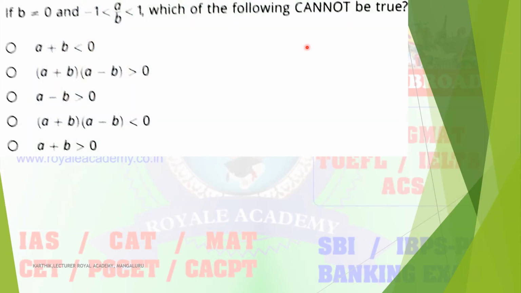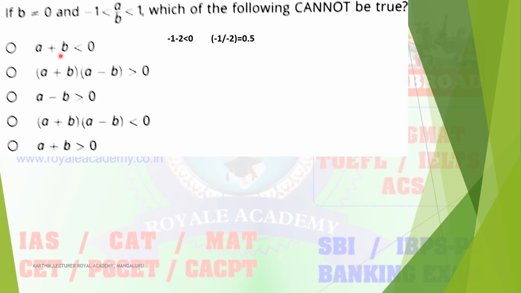Next one: if b is not equal to 0 and a by b lies in between minus 1 and 1, which of the following cannot be true? You have to determine which of the following cannot be true. So we'll see one by one. So first one,